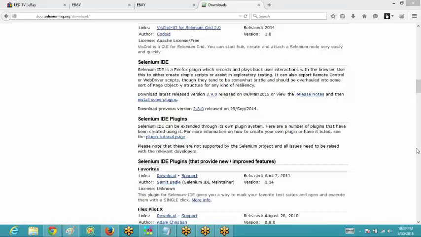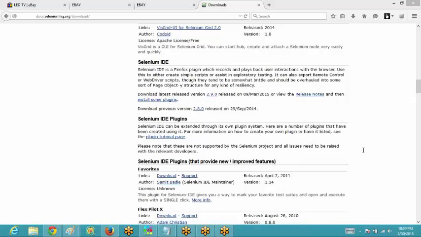Okay, so it will give you some message like Firefox prevented this site from asking you to install the software on your system. Okay, click on the allow button over there. It will take hardly a minute to install. Then after that it would pop up a window wherein it will ask you to install all the add-ons. So then click on install now.